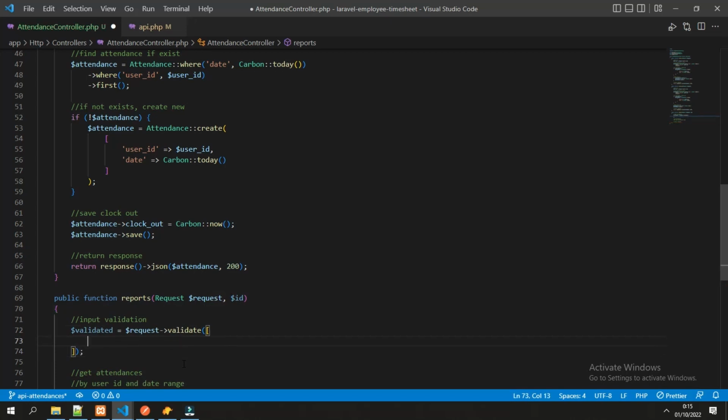What we want to get as an input here is the start date and the end date. The validation rule is it is required, and the format should be a date. The same applies to the end date as well.